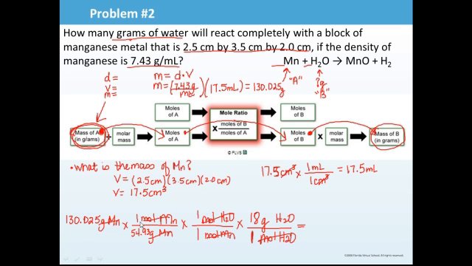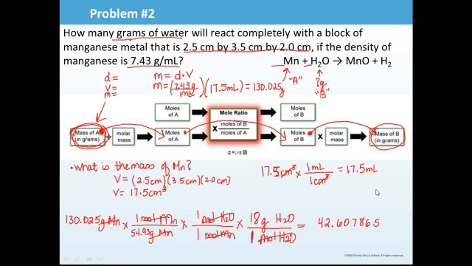We are going to multiply everything on the top. So 130.025 times 1 times 1 times 18. Then we're going to divide by 54.93. Divide by 1, divide by 1. Our answer comes out to be 42.607865, but we are smarter than our calculator, so we are going to go to our units, our measurements,